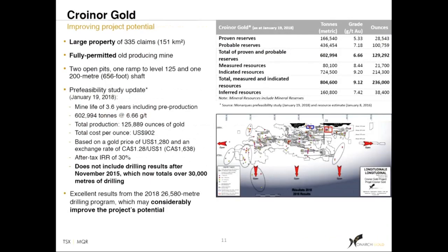So Cronor property, I will let you go and see for yourself. It's basically a very high-grade deposit, 250,000 ounces, 9-gram material. We're very anxious about the package's potential. It sits on a 150 square kilometer land package, and the Cronor Gold sits on about 1 square kilometer